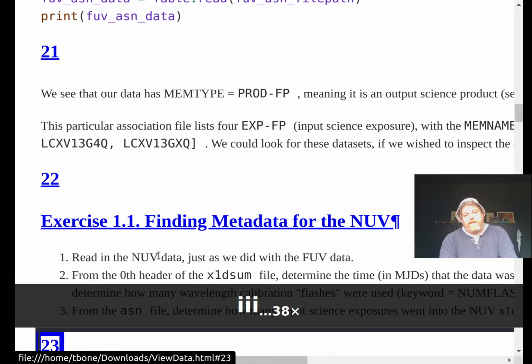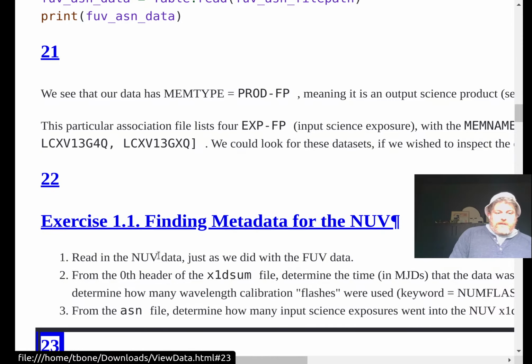Cell 23. Link. So I'm on cell 23. Some of the times I hit I, we found some intermediate